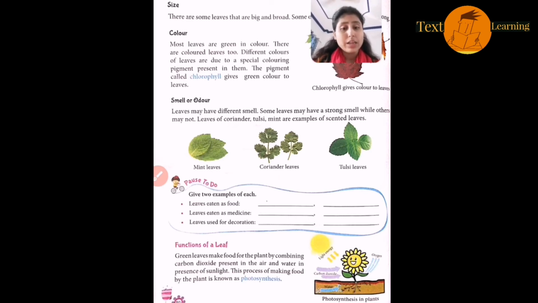You can see the diagram of photosynthesis in a plant. There is the sun, which is giving sun energy, and carbon dioxide, and from the root you can see water. With the help of these essential things, plants can prepare food for themselves, and this shows the process of making food. So you have to practice making the diagram of photosynthesis. This is equally important. Now let's move towards the next page.